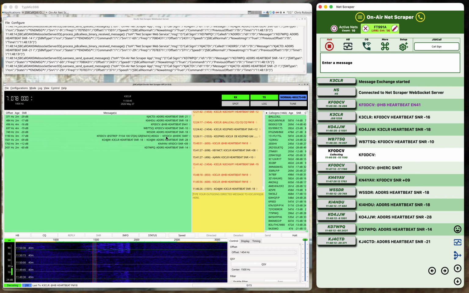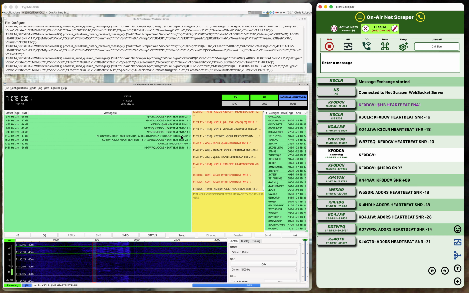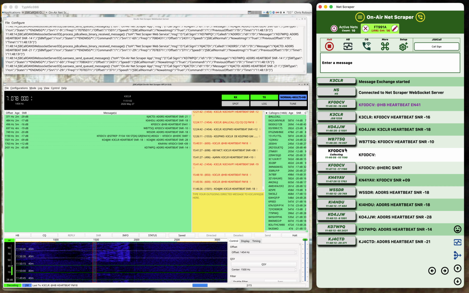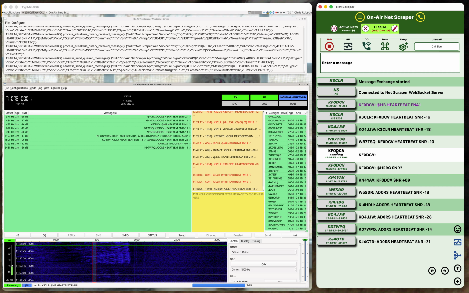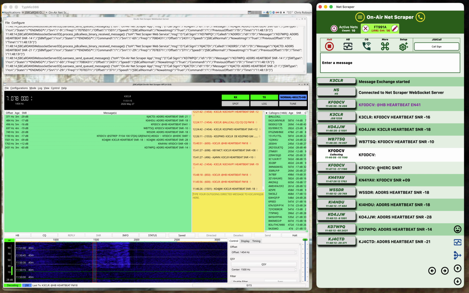Anyway, this message right here for KF0DCV was coming in and had not completed, so the first block was sent to on-air NetScraper, and it printed out that incomplete message. But then right after it, the final message came in, and so the entire message gets